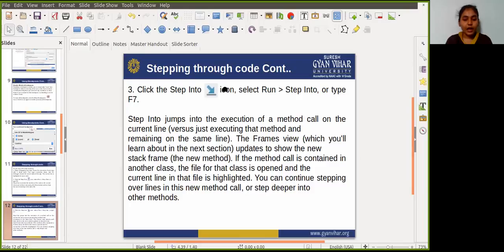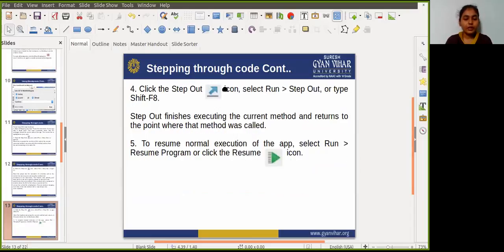So to step out of a method call or step deeper into one method, just click on the step out icon, and then select the run button, and inside the run button you will see a step out icon. So just click on that, or you can type shift plus F8.